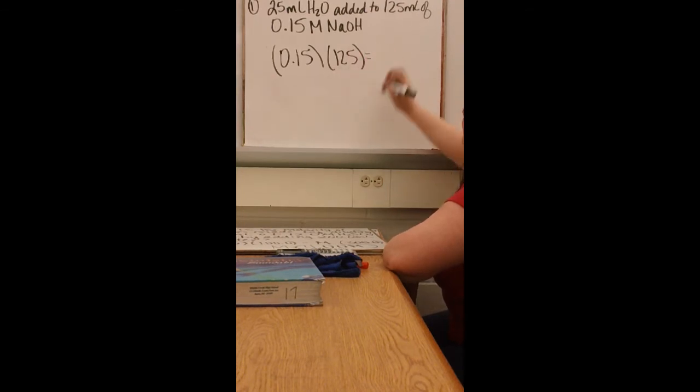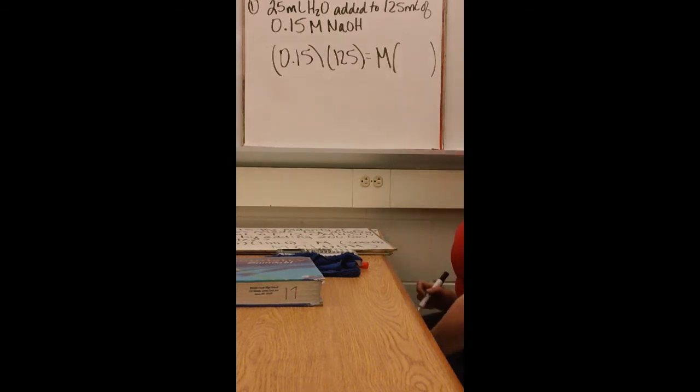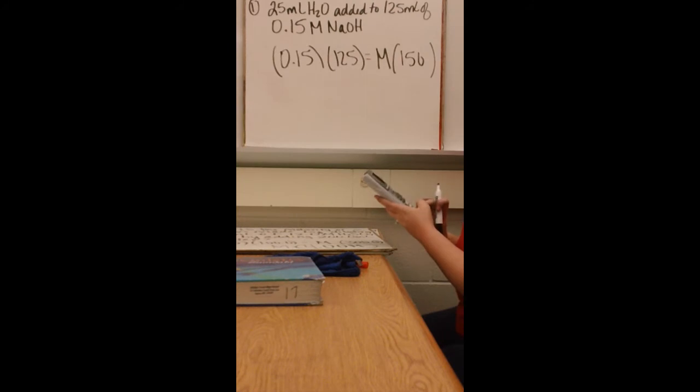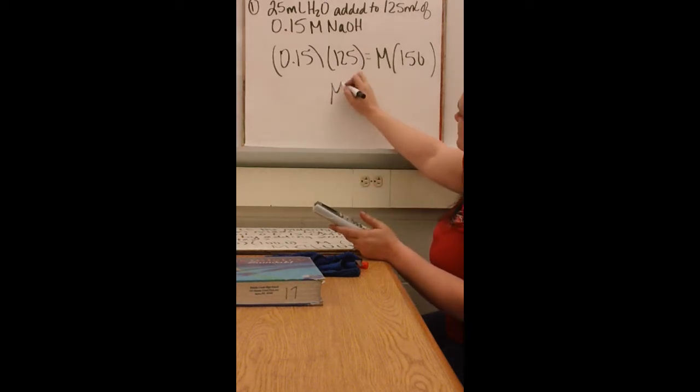And that's equal to some new concentration, times the final volume. Now we added 25 milliliters, that was not the final volume. The final volume is 150, 125 plus 25. And so then we solve for M. 0.15 times 125 divided by 150. And so then the molarity is